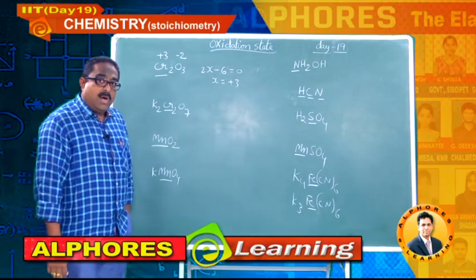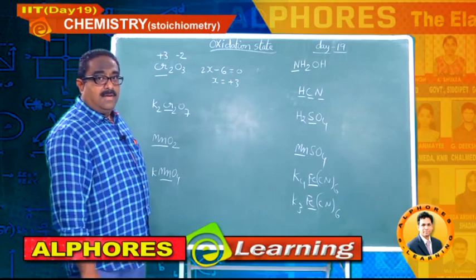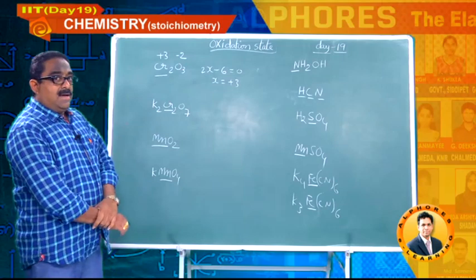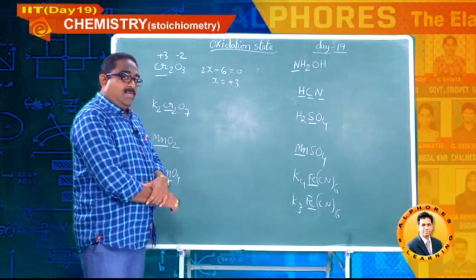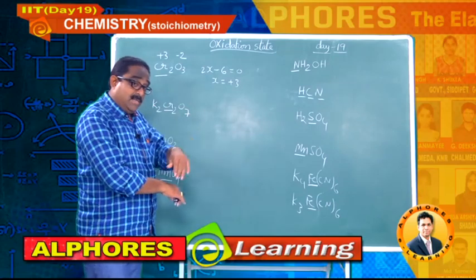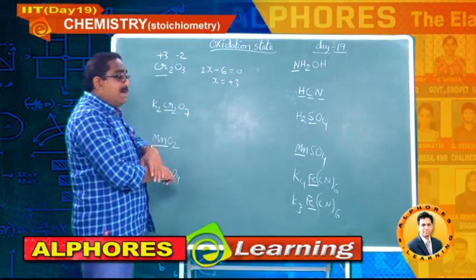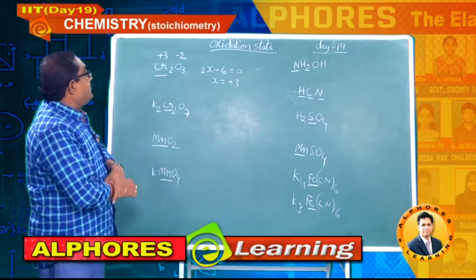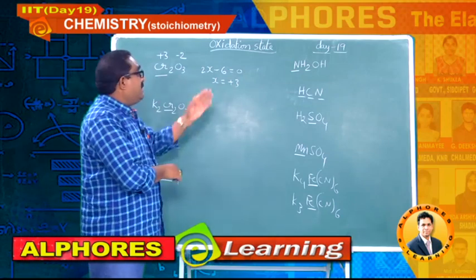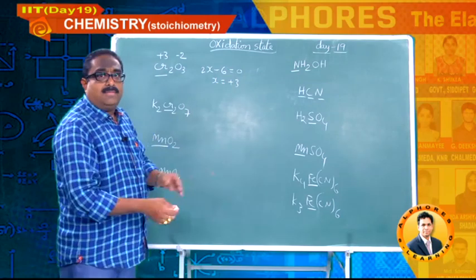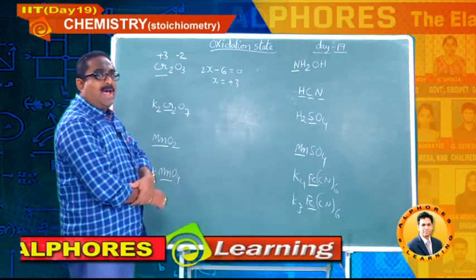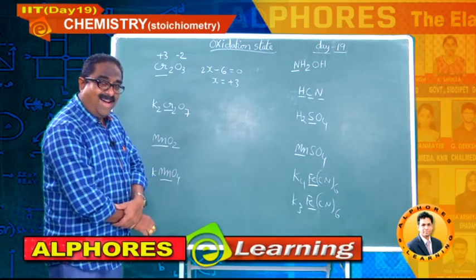You may get one doubt: sir, you are writing chromium by taking oxygen as normal oxygen. We have discussed peroxide, sir, where the oxidation state is -1. Why blindly are you taking -2? Chromium belongs to 6th B group, so I think the maximum oxidation state is +6. Now we got +3, no problem. The oxidation state will exist. So you can consider this as normal oxide. Normal oxide, no problem.